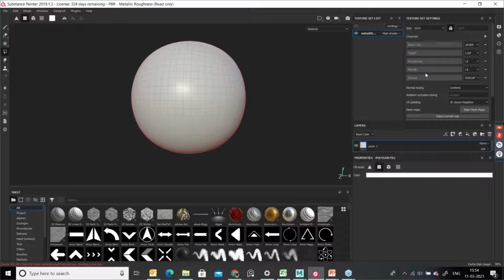Layer basis, we are going to work over here in Substance Painter. At the same time, at the top, you can find the resolution of the texture. Suppose your system configuration is really good, you can go up to 4K resolution. Suppose your system configuration is not up to the mark, you can go up to 1024, 1K